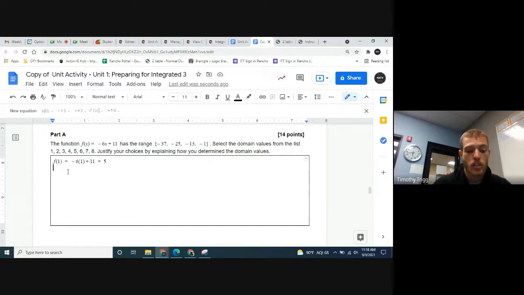Okay, so let's keep going until we find one of our results, for example. Now we're going to do f of 2 equals, and again, we're using that same function. We're just going to replace the x with 2 and look for what that equals. So negative 6 times 2 is negative 12, plus 11 is negative 1. Okay. Is negative 1 in our list? Yes, it is. You see negative 1 right here. So that's in our list in the range. So we would say part of our final answer will be